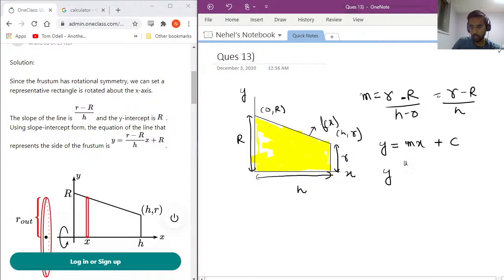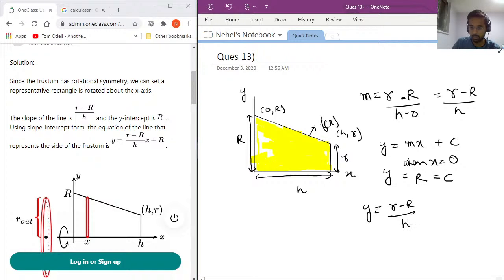So when x = 0, y is equal to capital R, but we also know that y equals c when x equals 0. Therefore, c, which is the constant in the equation of the line, is equal to R. So from that, the equation of this line f(x) is nothing but (r minus R over h) times x